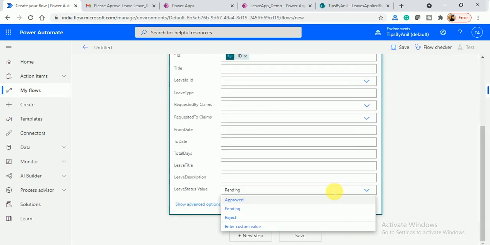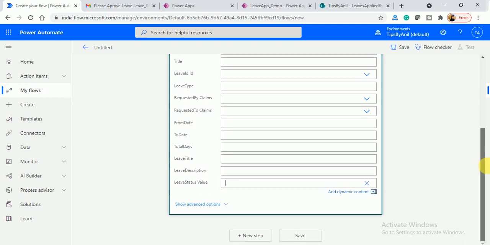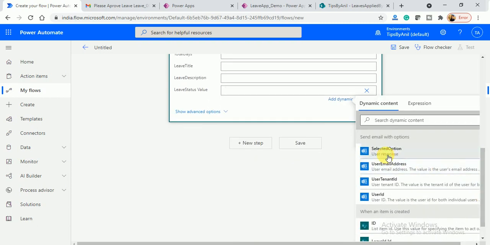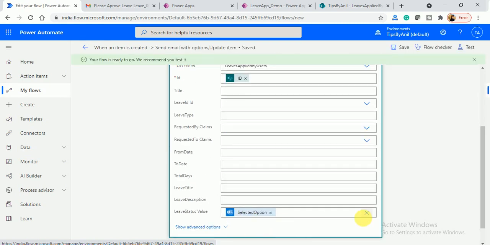Now here I will use enter custom value, add dynamic, and the dynamic data selected option. Whatever option I select over Gmail will be updated in my leave status value. Now my flow has been created. You can also take an action once the selected option equals a value, and send an email to the requester that the request has been approved or rejected. You can do that thing in this flow also.